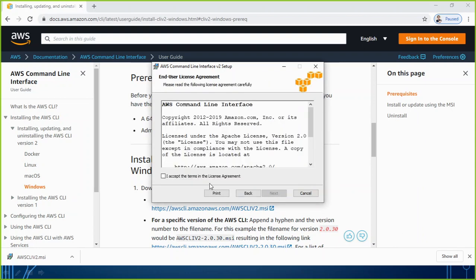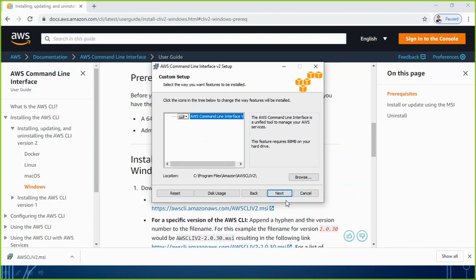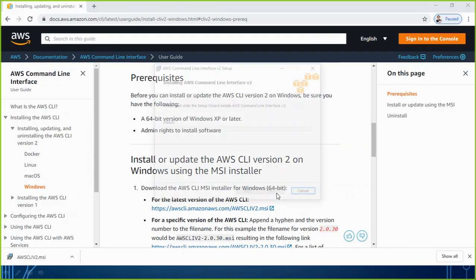Go with next, accept the license agreement, next. Here continue with the default option, that is C, Program Files, Amazon, AWS CLI version 2. This is the default location. I go with the default, click on install, and now it is going to do the installation task.